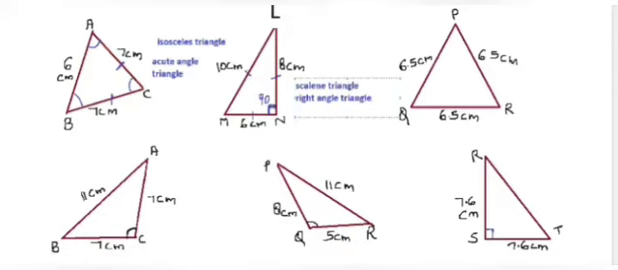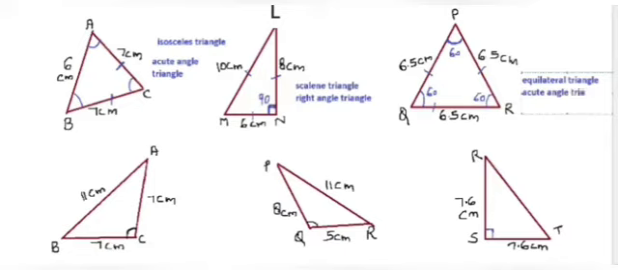Next we can see we have PQR. In PQR, we can see that all the sides are equal. When all the sides are equal, we call it equilateral triangle. And in equilateral triangle, all the angles are your 60 degree. This is your 60 degree, this is your 60 degree, and this is your 60 degree. So we term this triangle as equilateral and acute angle triangle. Then we come on the